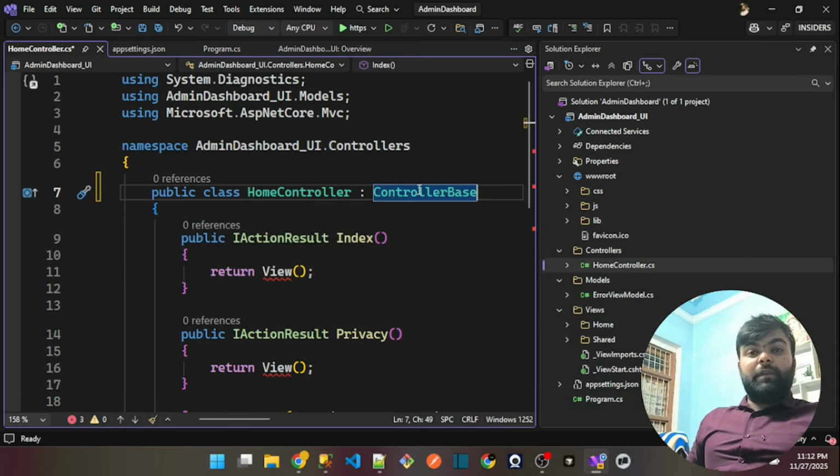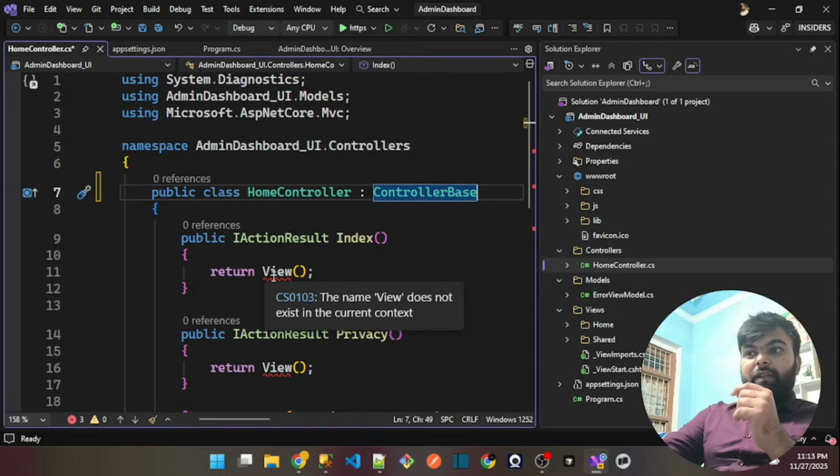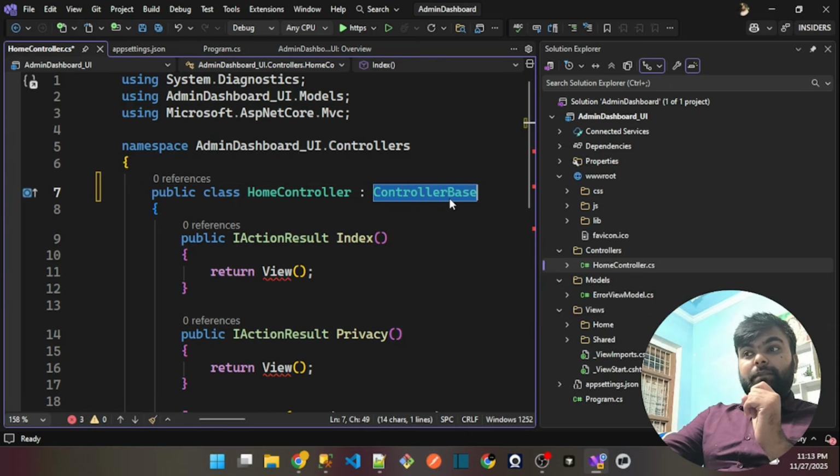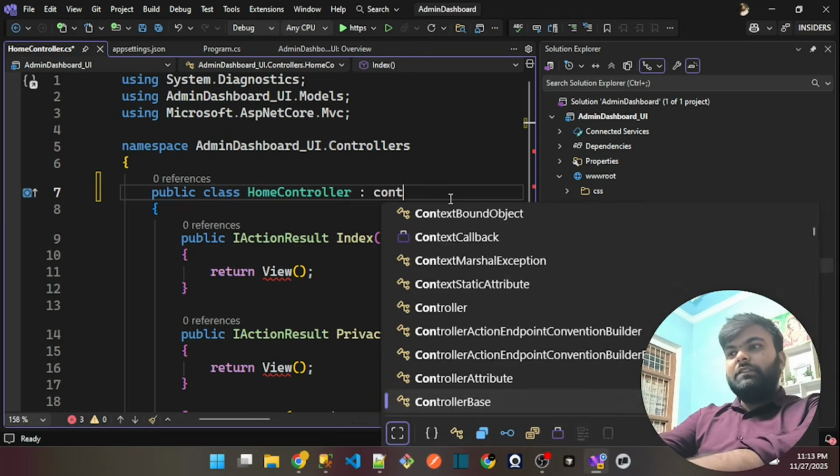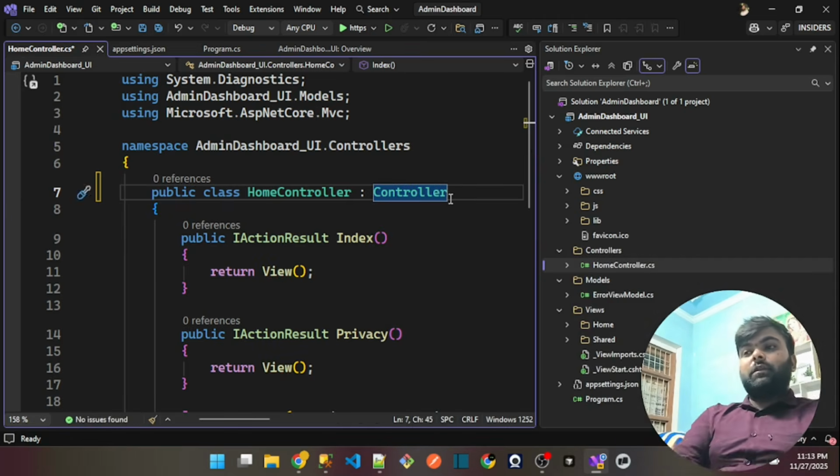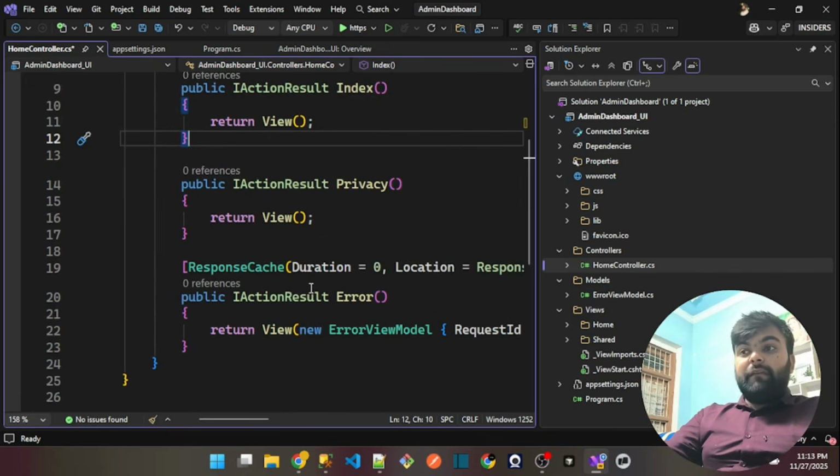So your method will be inherited from ControllerBase. But after using this thing here, we are getting an error. It means that this method is not defined in ControllerBase, so that's why we are using Controller here. This is the MVC controller, and these methods are available in the